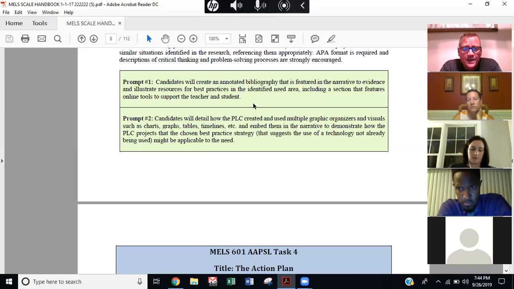Now, the prompt says it is to feature an online tool, so it's technology based, but it doesn't have to be a technology program. It doesn't have to be Exact Path. It doesn't have to be Edmentum. It doesn't have to be Study Island, but it does need to be technology based, which most of them are now anyway.